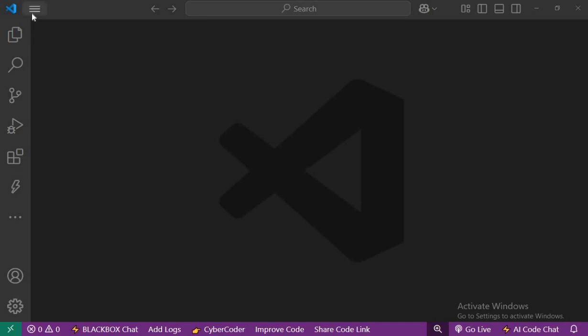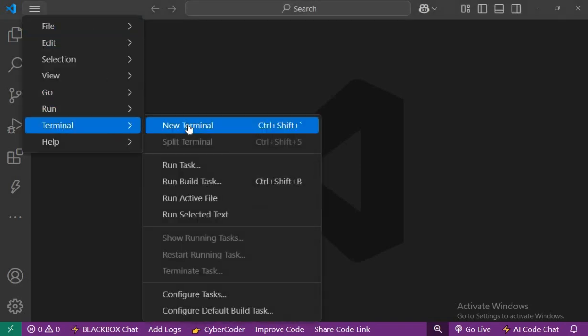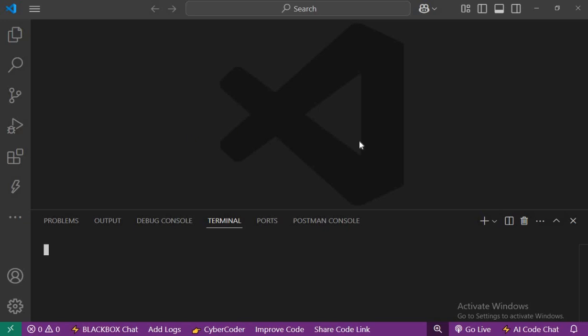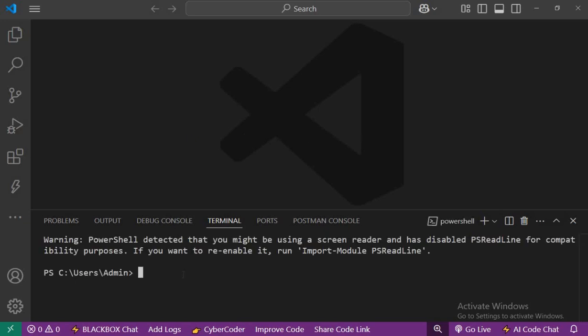To make things simple, we're going to create our project folder in our terminal. So you navigate to terminal, click on new terminal. And in my terminal, I'm going to change directory to my desktop. Then you click on enter. Then we're going to create the project folder in the desktop. So you're going to run this command: npm create vite@latest, the project's name, which is real estate